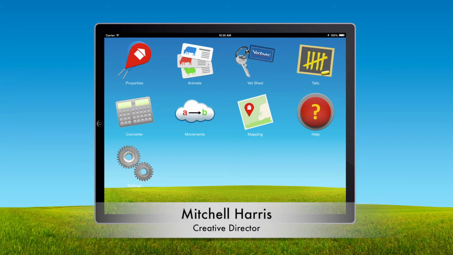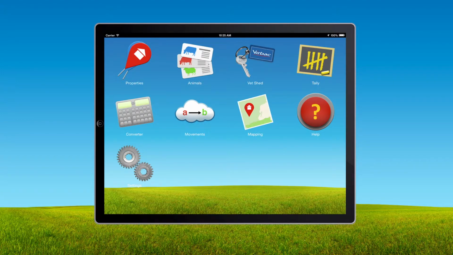My name is Mitchell Harris and I'm the Creative Director for the iHerd Ag Suite project. Today I'll take you deeper into the Properties module and how to add mobs to your paddocks. If you haven't already grasped the basics of creating a property, paddock or yard, please take a look at the previous Properties video. In the last video, we created ourselves a property, paddock and yard. In this video, we're going to populate this paddock with mobs and take a look at the paddocks and yard